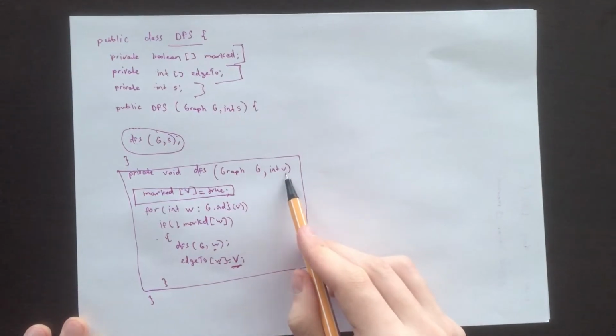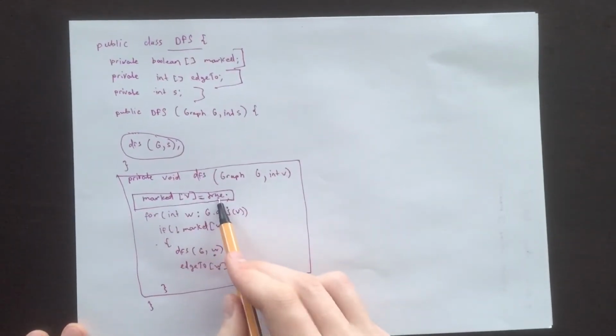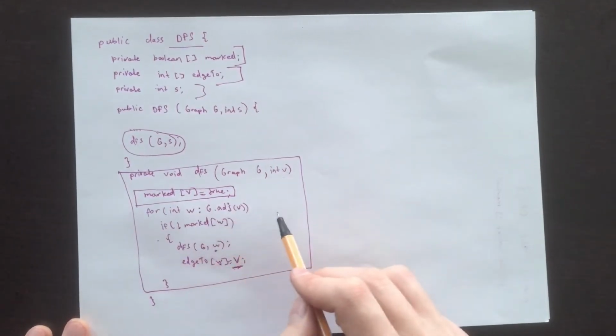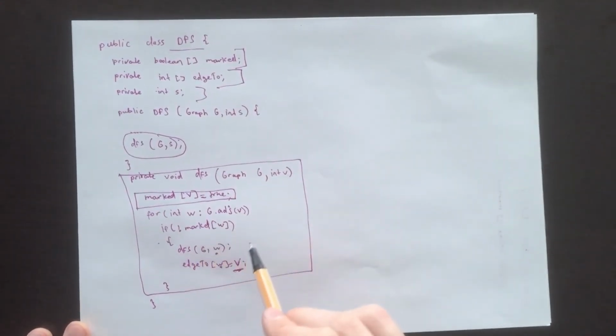It again becomes v and it marks it again, and from the adjacency list it looks for unmarked vertices which are